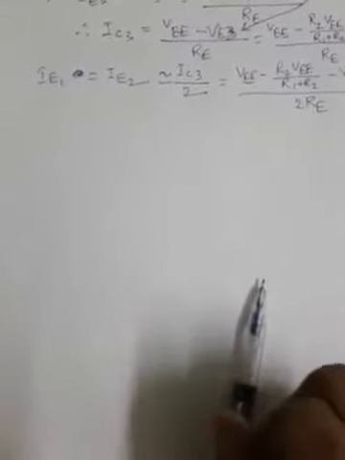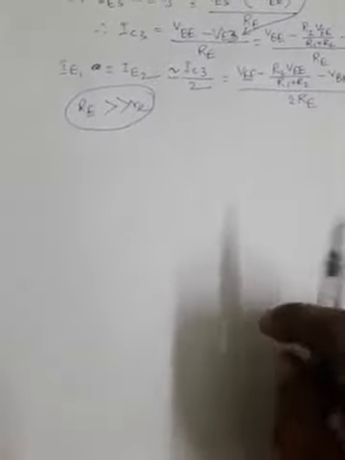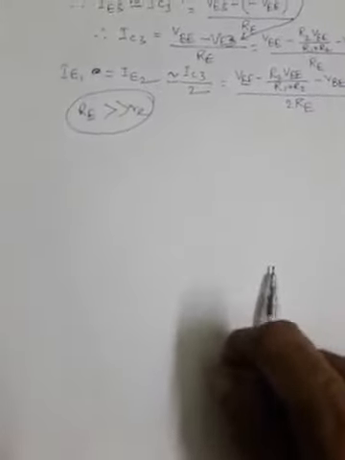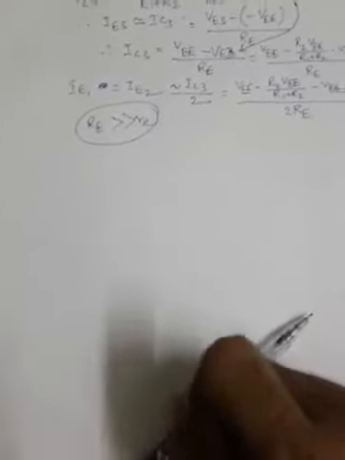Now in the analysis of differential amplifier circuits, we have seen with emitter bias that we considered capital RE far greater than small re. We had considered this one. Now, besides supplying constant emitter current, the constant current bias also provides a very high source resistance, since the AC equivalent of the DC current source is ideally an open circuit. So because of open circuit, you know that the source resistance is very high, ideally infinite.